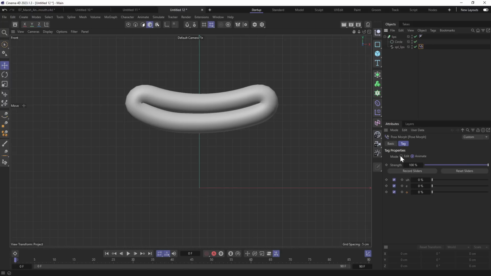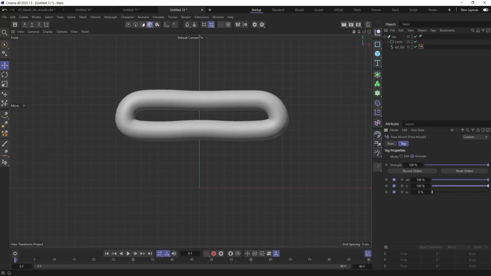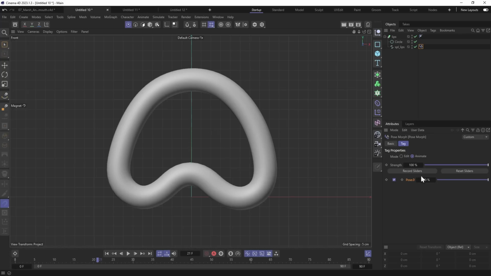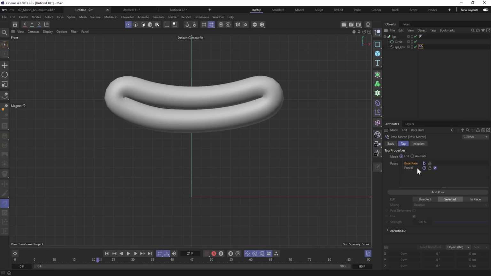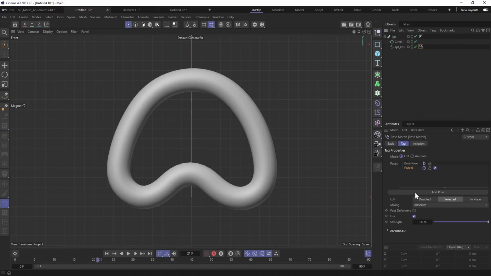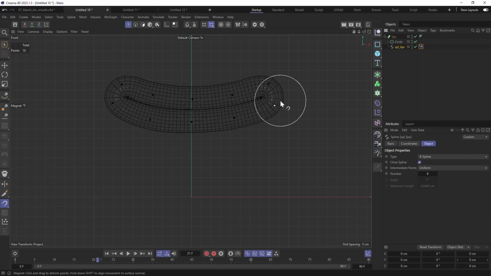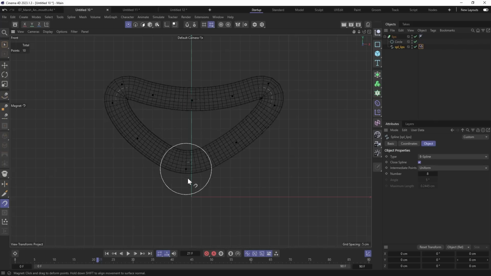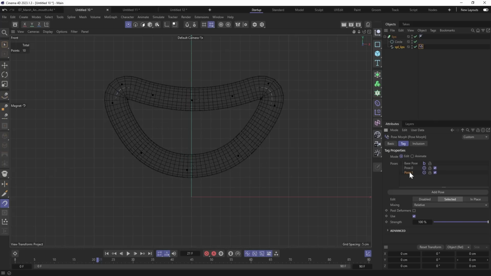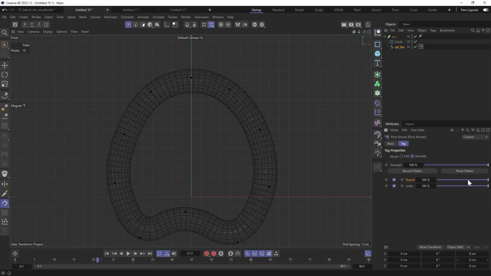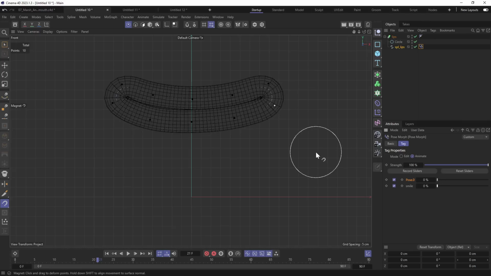You've probably heard another term called blend shapes. This approach is very useful for lip sync, because in this case we need to animate a lot of repeating shapes. We can have a shape for every vowel and consonant and blend those shapes using blend shapes. If you want, you can use pose morph tag to do this. Just switch to edit mode, then add new pose. Then you can use modeling or sculpting tools to shape as you want. Then in pose morph tag you can rename this pose. Then switch to animate and you can animate these sliders.